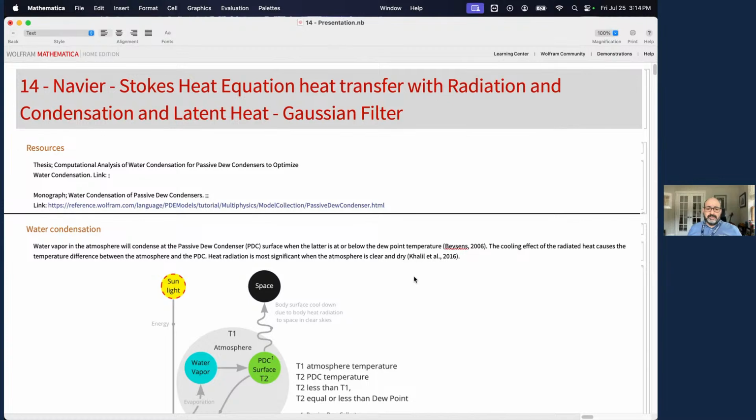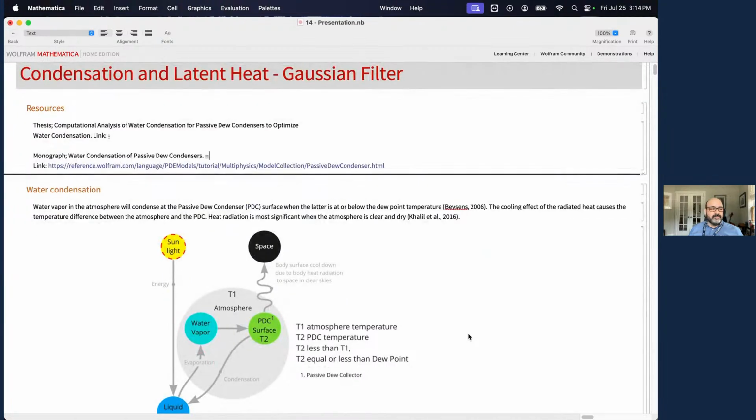So this thesis is a work of 2 years of experimentation with Mathematica. I've been using Mathematica for over 20 years throughout my career, but this was the most difficult project that I ever faced because it's a multiphysics problem, which involves several types of PDE equations. And I saw some questions in the chat about how big a model you can run. Some of these simulations that I was doing ran for 1 week. And at the end of the week, you end up with gigabytes of data,